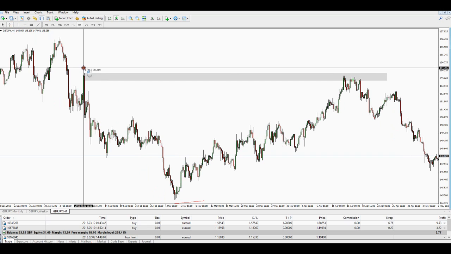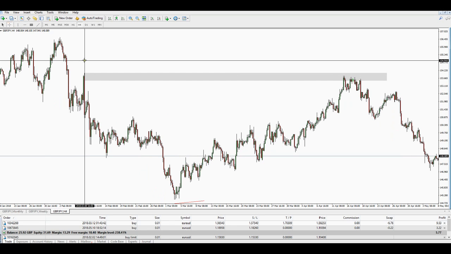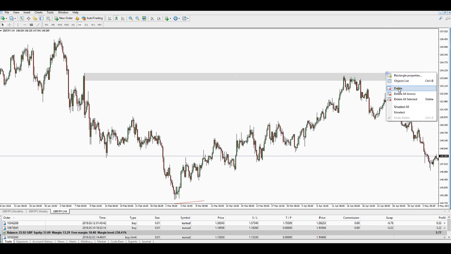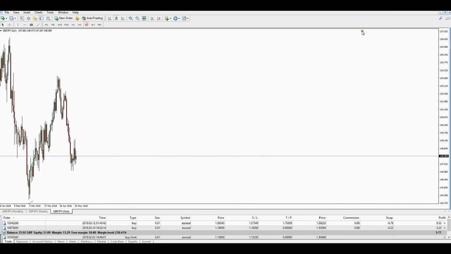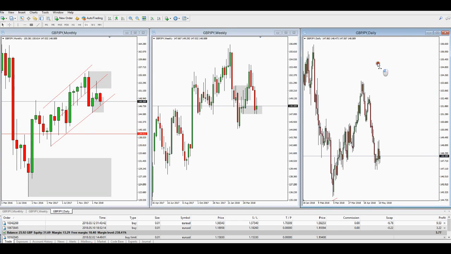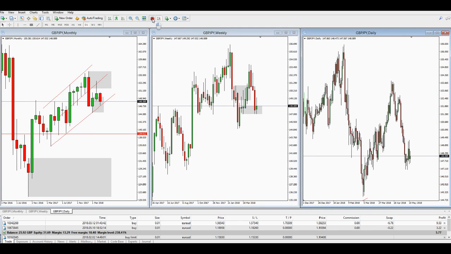And again, that was New York afternoon session that took that down. Not the levels that I would have personally traded, so I stay away from them. But you can see they work. You know, you can't take 100% gospel for all rules, but in my experience, I like to stick to the London and New York levels. So that took that all the way down very, very nicely.